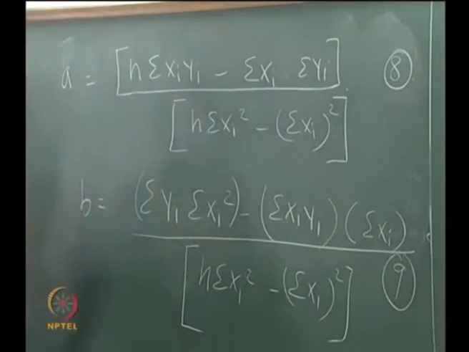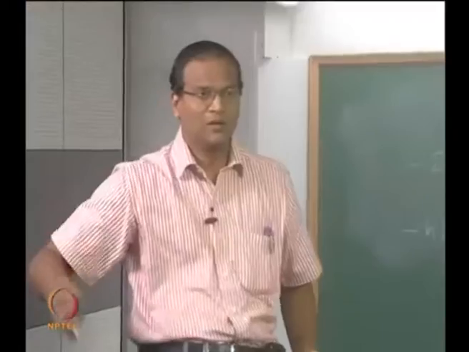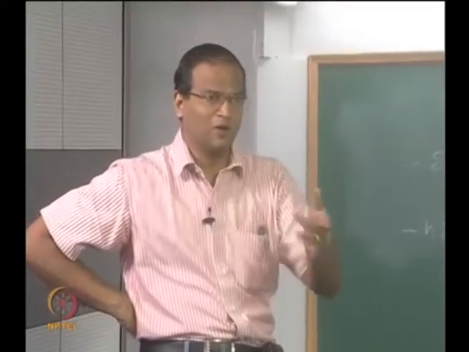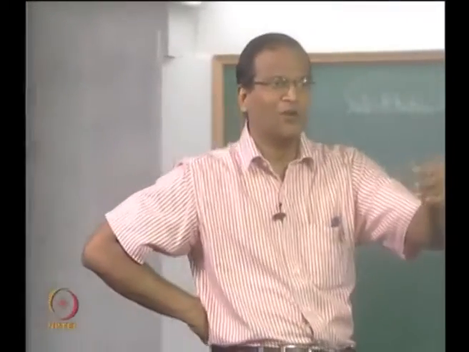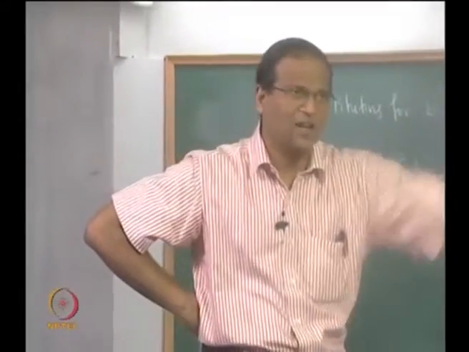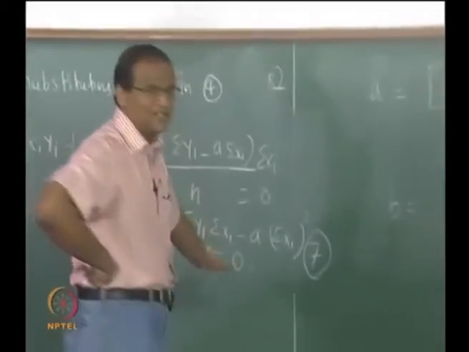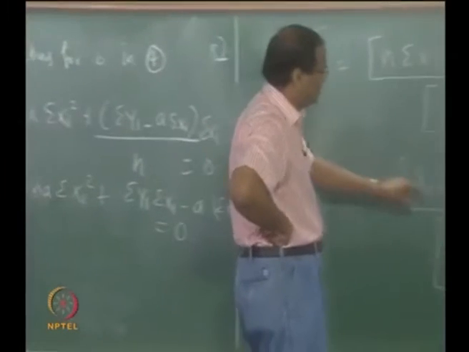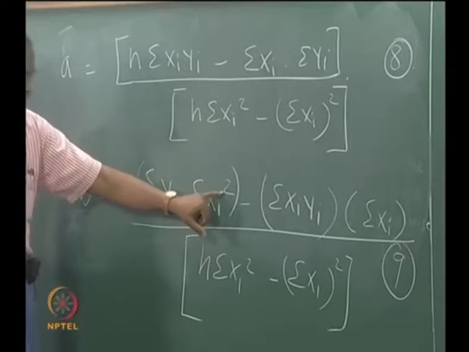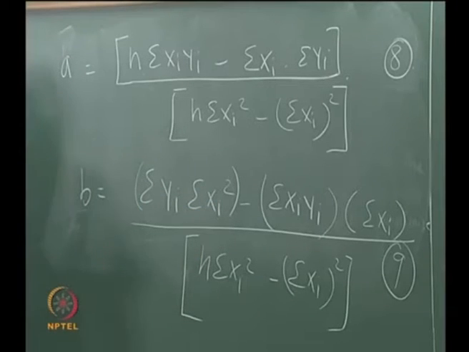Yeah, please try to check, try to do it yourself and do not copy directly from the board, because in the exam, in the quiz, when you are going to use this, you will not have time to do dou S by dou E. You have seen my paper once now. You do not have time to check whether what you have done is right or not. If you are taking the formula and it is incorrect, there is a propagation of error. So please ensure that this formula is right. It is very tricky. You can miss a square, you can miss a minus sign, you can miss an n. So be careful about this.